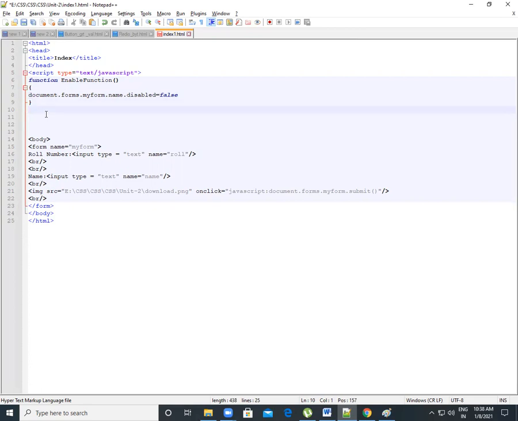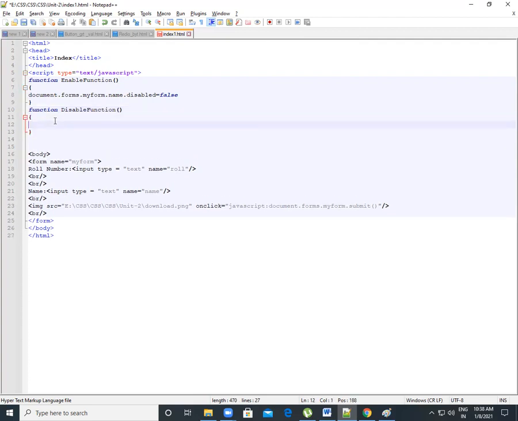Now we write a new function. Then we use here the disable function. We write function name, and we open and close brackets.